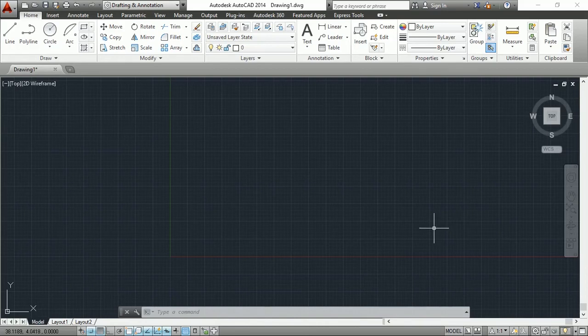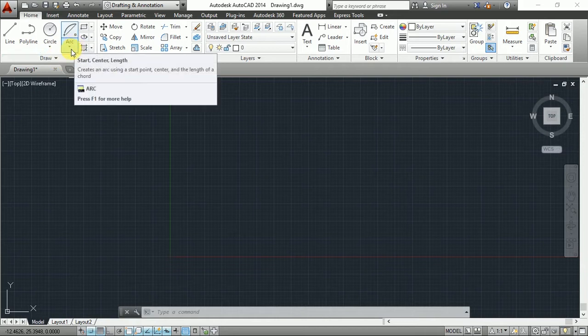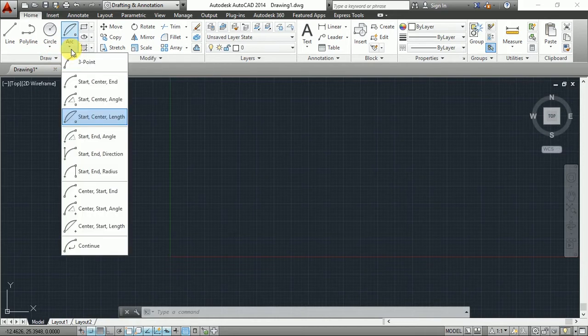In this tutorial, I will show you how to draw an arc. In the Draw toolbar, there are several options for drawing an arc. Look, there are 10 options here, but not all of these options are required to draw any arc. So today I will show you 4 options by using which we can draw all the arcs required in our